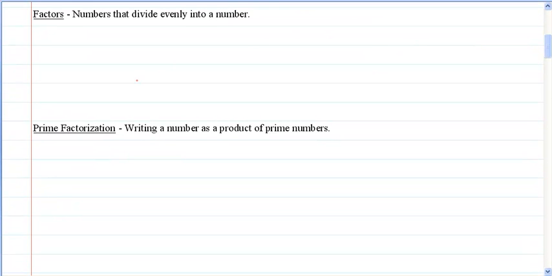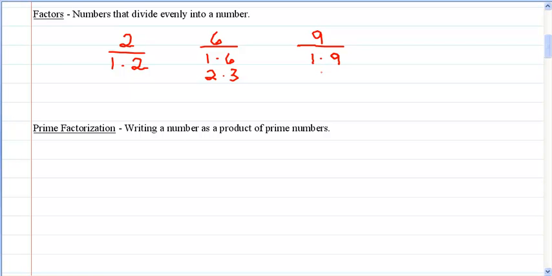So the next definition is factors. And factors are numbers that divide evenly into a number. So earlier, I wrote the factors of 2 when we were defining prime number, and 2 has only 2 factors, which are 1 and 2. Whereas a number like 6 has 4 factors, 1 and 6 and 2 and 3. But a number like 9, because it's a perfect square, has only 3 factors, 1 and 9, and then just